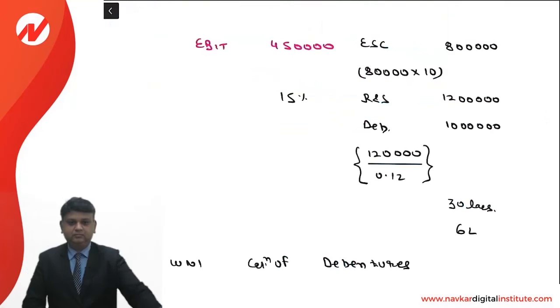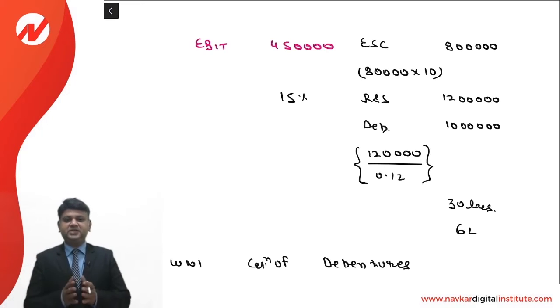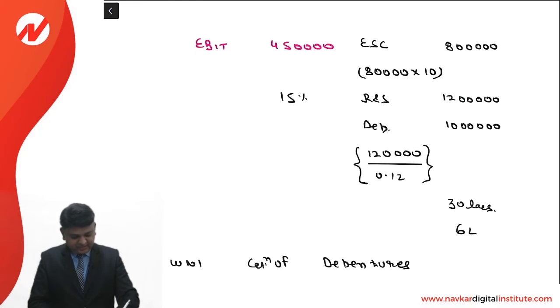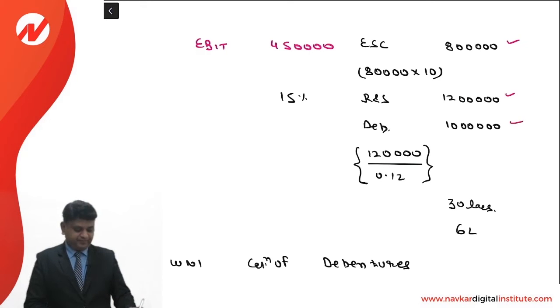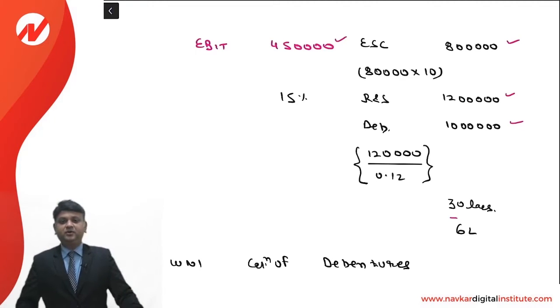So lastly, a summary of the entire answer. The question is providing the information about an existing company which has made investment in a business by raising the funds from equity financing. The reserves are there and also the debentures. So total 30 lakh rupees of the financing has been raised and it is invested in the business. And with that, you are able to earn an amount of 4,50,000, means your return on investment is 15%.